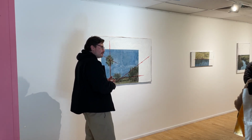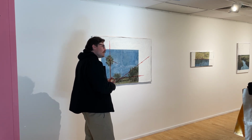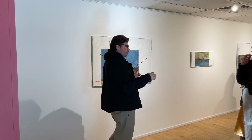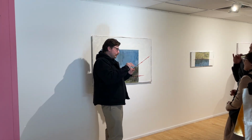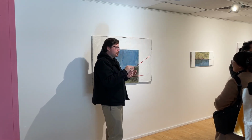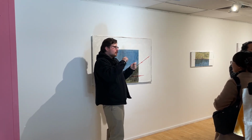Yeah, so you said this is a black and white image that you painted over, right? Yes. So you painted all these fine details, or how does it work? Yes and no. Because it's oil paint, with the thinness of mine, it takes about 24 hours to dry. So it's sort of this